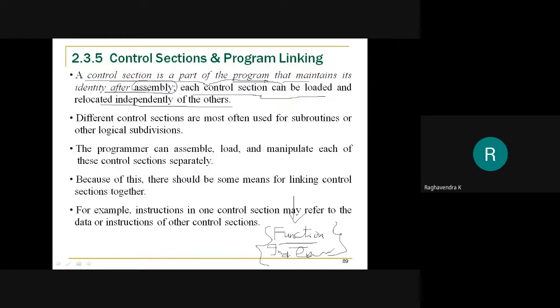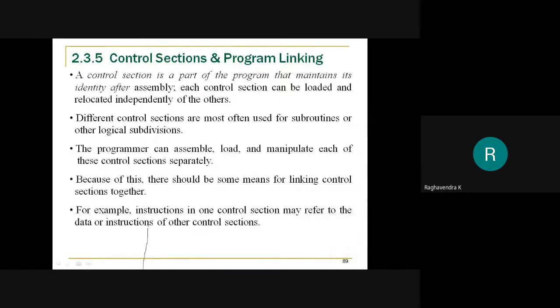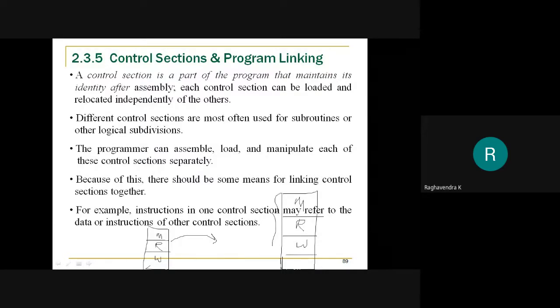So we'll just visualize this. Earlier our program was like this. We had the main subroutine, the read record and the write record. Now when I load this program into main memory, the order of the subroutines is supposed to be the same. So M, R, and after that W. Even if I load this program somewhere else, the order has to be the same.